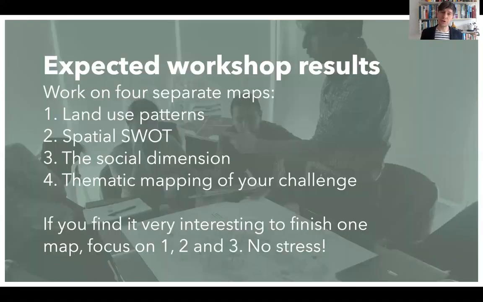So the expected workshop result is that you would work on 4 separate maps. So not everything in one map, but you would do first one, then the second, then a third map. Starting with land use patterns as number 1. As number 2, a spatial SWOT. As number 3, you would look at the social dimension of your city. As number 4, looking at the specific challenge, so the change project or the challenge that you have identified,